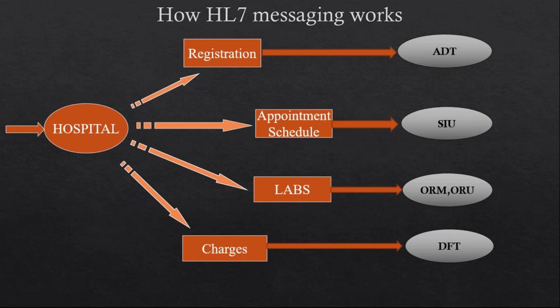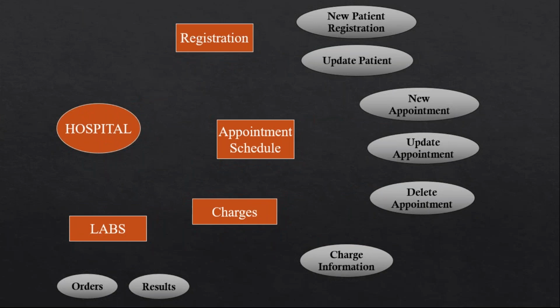In this way, we are seeing that each and every event, the major 5 events which were part of the hospital workflow, have their own individual names when we see them from HL7 perspective. Let us jump to the next slide and we'll see how these events that we have seen from a broader perspective can be individually narrowed down to specific events